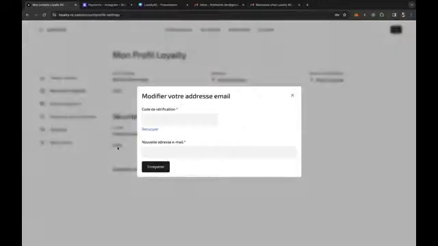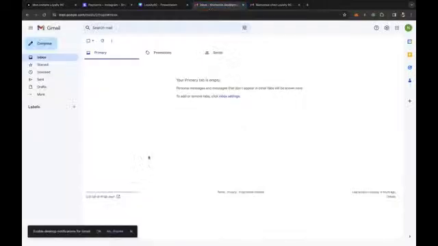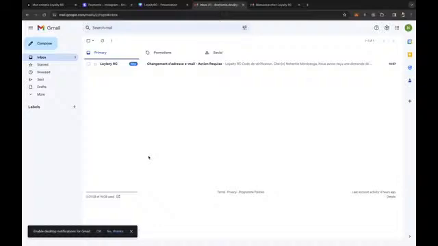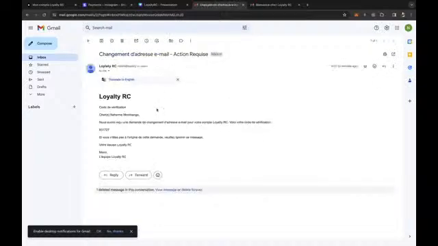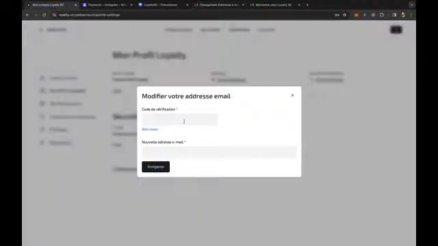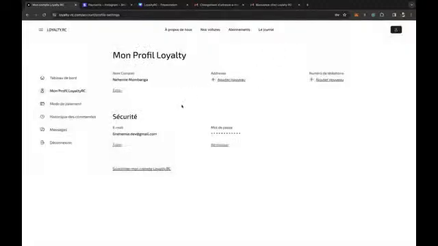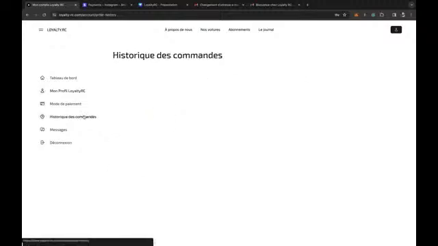But if I click here, and I go now into my emails, I will receive an email, which will give me a code that I can use to put into my account so I can change my email. So not everybody can change your email, you need the code to change. And I'll have the order history, which you'll see after we try to order something.